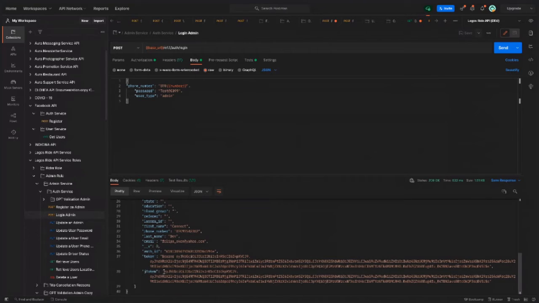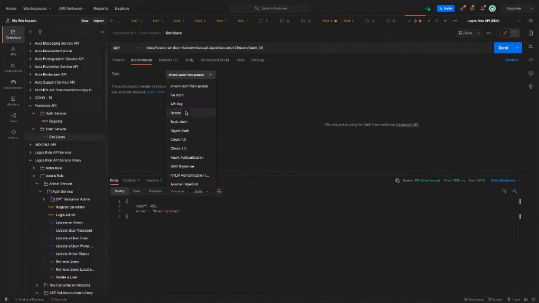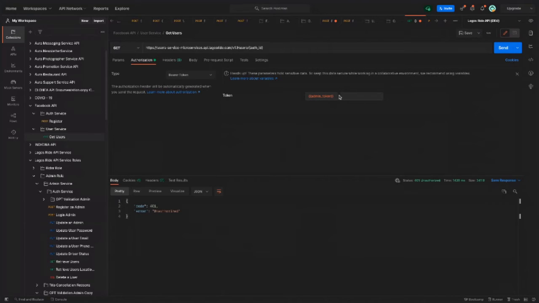I'm teaching us how to set a token into our authentication. I need to copy out this token, come to get user, come to authorization, click on this drop down arrow, and click on bearer token, and you can paste your token in here.